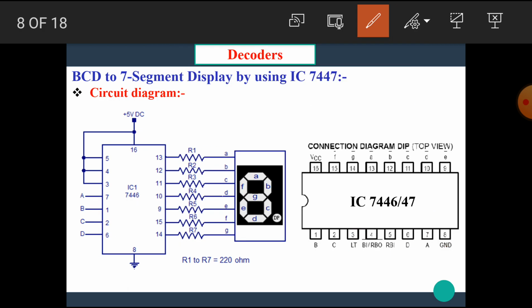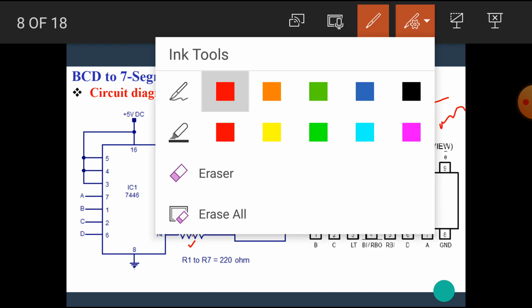I hope you all understand this diagram. Here R1 to R7 are all current limiting resistors. Generally they have the value 220 ohm or 330 ohm, etc., depending upon the